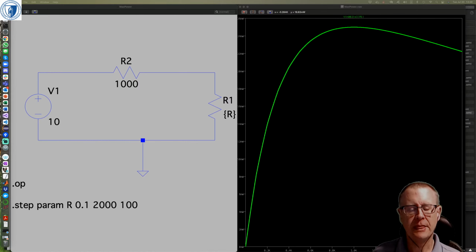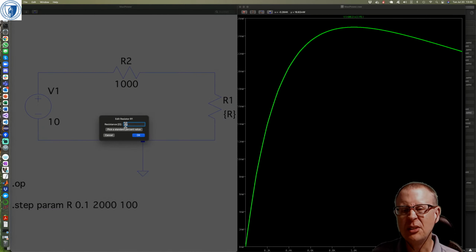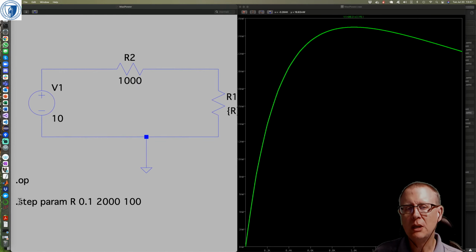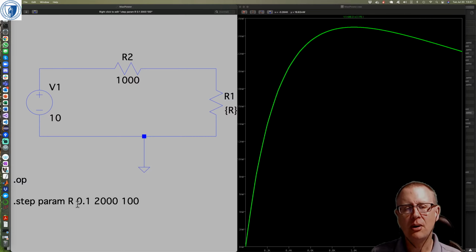parameterized resistor value. So in order to do that, you can see that here on R1, and it's a bit hard to see, but it's basically setting up the value of resistor R1 as a parameter, and you do that by saying open curly brace R close curly brace, where R is the variable you're going to use, and then you need to do a .step SPICE directive to tell LTSpice how to vary the parameter R. So .step param R, that says vary the parameter R,